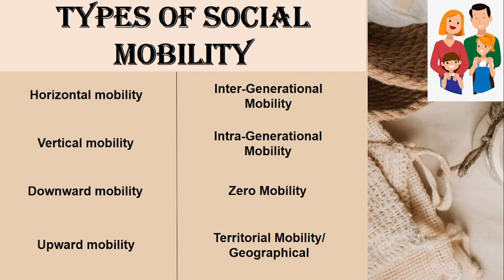Then we have territorial mobility, or geographical mobility. Territorial social mobility is the change in locality, territory, or residence when an individual moves from one place to another. The trend of territorial mobility is more common in urban areas as compared to rural ones. That can happen because of education: you want to get an education, so you have to move from one place to another. It could be your economic situation: you have another good income option, so you want to change your place. So that becomes geographical mobility.